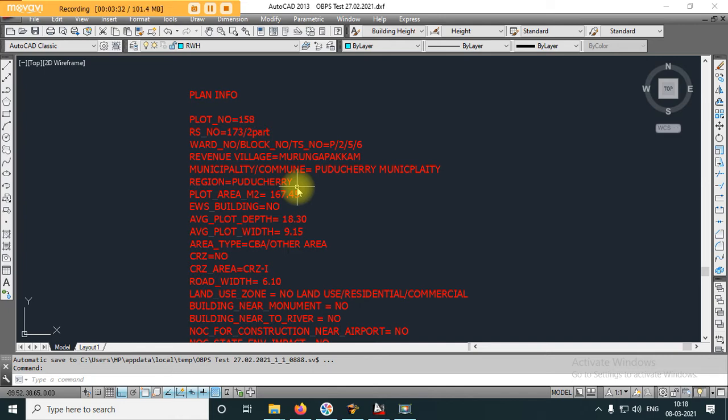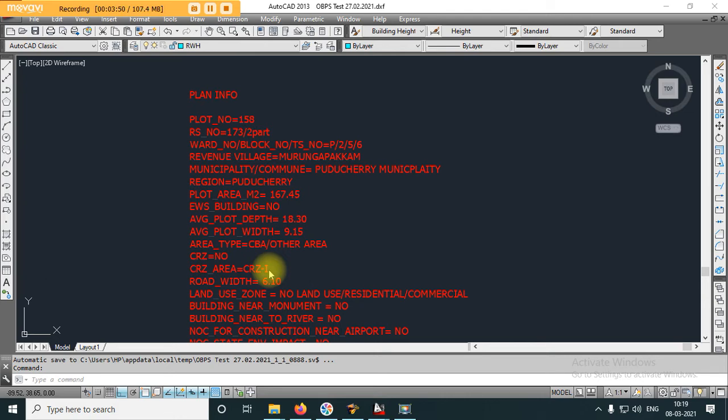Then comes EWS building, whether you need to confirm that the building comes under the EWS category or other. Then comes the area type.